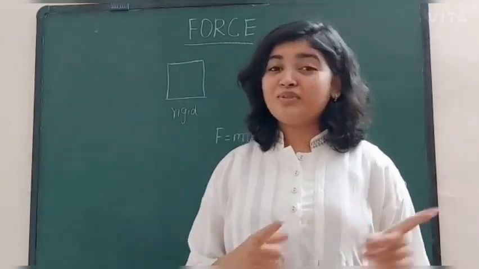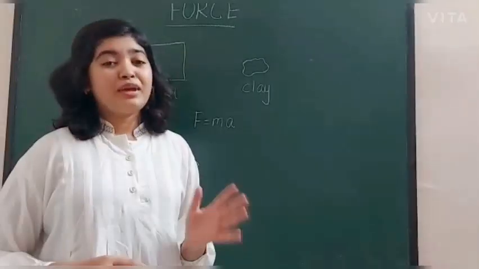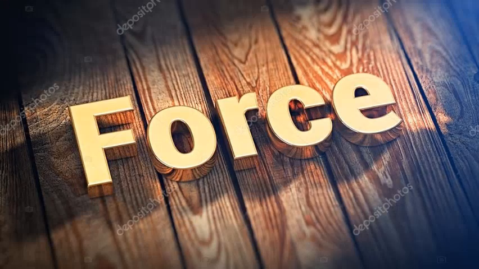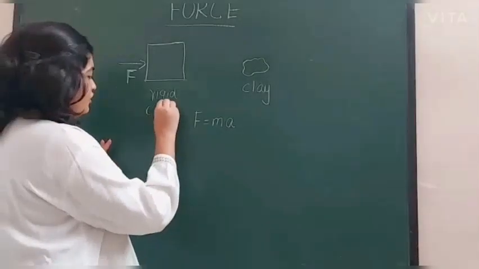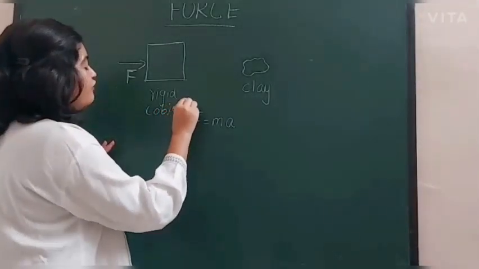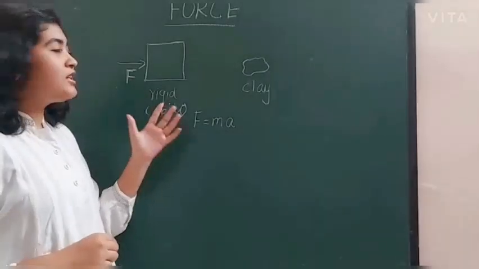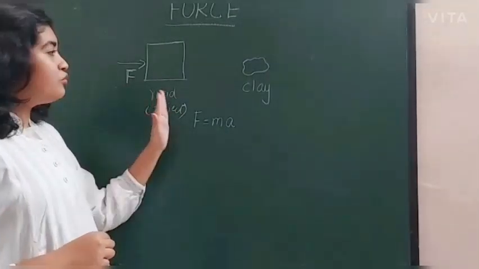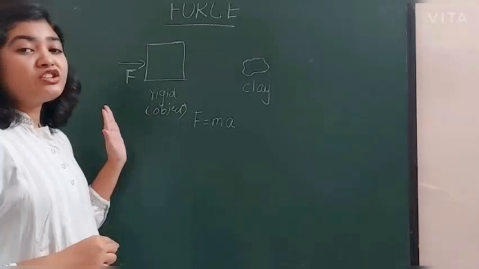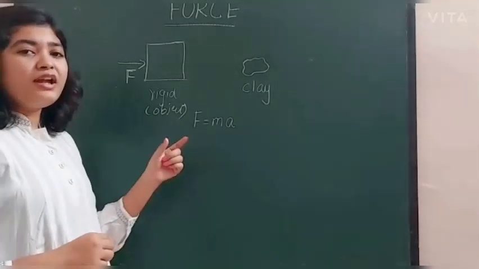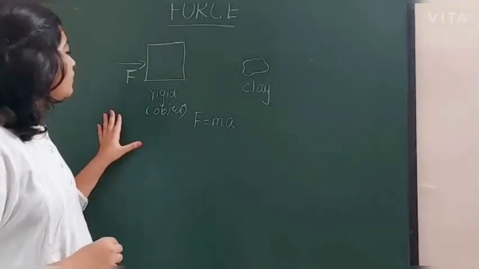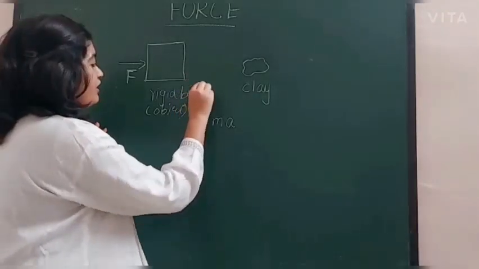So now let's begin with the chapter. Let us understand the basic concept of force with some example over here. So here if we take a rigid body, suppose consider it as any object. So when you apply force in a direction towards the object, generally we see a change in a movement. Means you can see the change of motion from one place to another at a particular time. So that is for a rigid body.